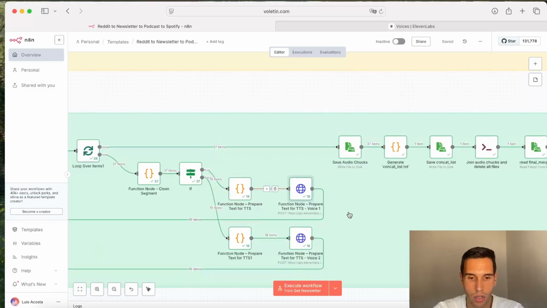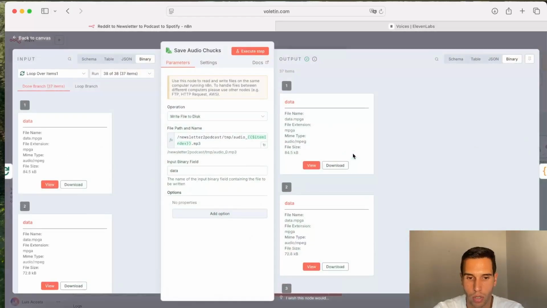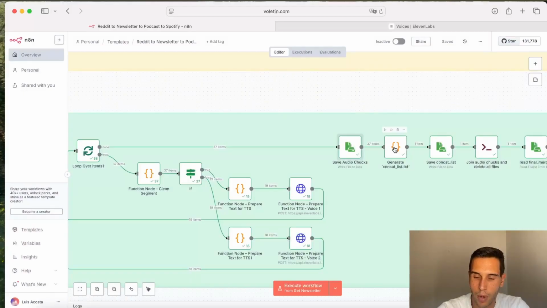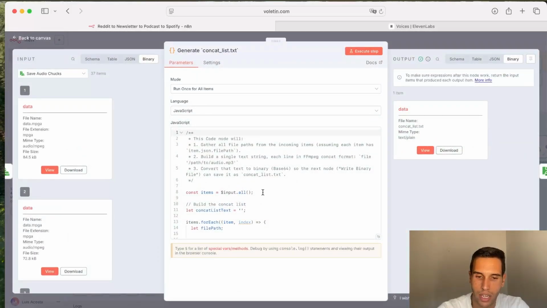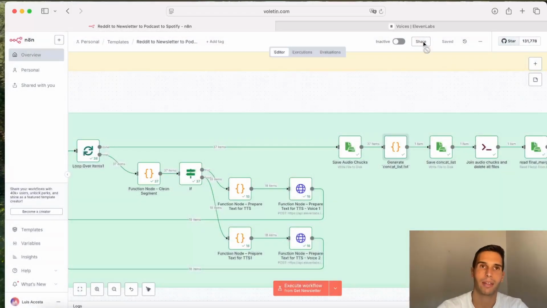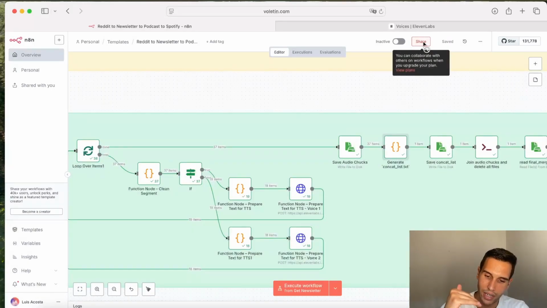Basically, this generates files that are saved on your hard drive. We use this node that enumerates each of the audios so that they can be assembled in the correct order, right? Then we have a code here that we will use later to generate. Basically, what we do is generate a list of audios,